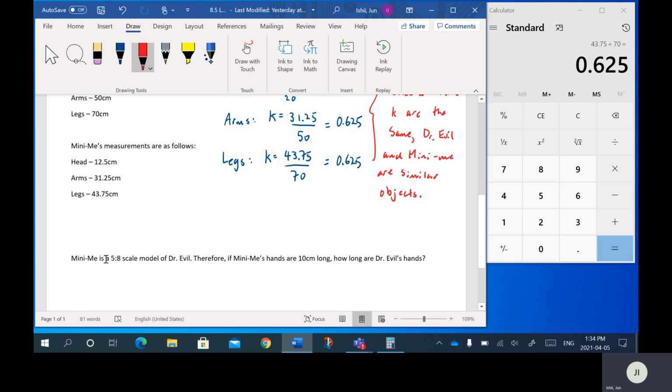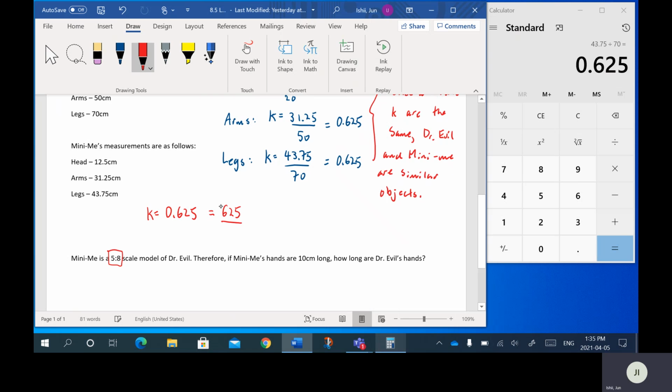Now, what this means is Mini-Me is a 5 to 8 scale model of Dr. Evil. Therefore, if Mini-Me's hands are 10 centimeters long, how long are Dr. Evil's hands? The first thing I want to point out is how I got this scale. Let's do a quick bit of math. If the scale factor is 0.625, to write it as a ratio or a fraction,